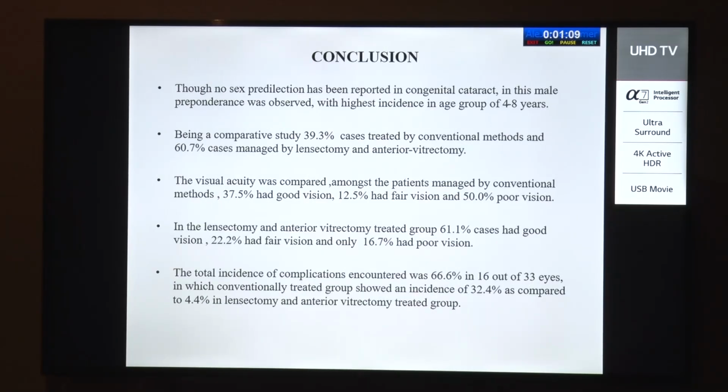In the conclusion, though no sex predilection has been reported in congenital cataract, in this study male preponderance was observed, with the highest incidence in the age group of 4 to 8 years. Being a comparative study, 39.3% of cases were treated by the conventional method and 60.7% were managed by lensectomy and anterior vitrectomy. The visual acuity was compared among the patients managed by the conventional method: 37.5% had good vision, 12.5% had fair vision, and 50% had poor vision. In the lensectomy and anterior vitrectomy treated group, 61.1% had good vision, 22.2% had fair vision, and only 16.7%